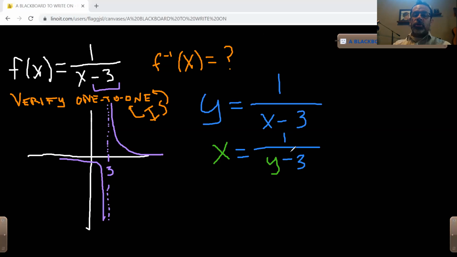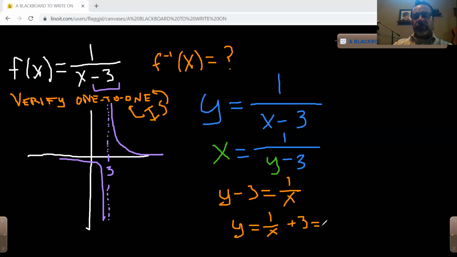And next up, we solve for y. And so this is going to be y minus 3 equals 1 divided by x. And this means that y equals 1 divided by x, plus 3,